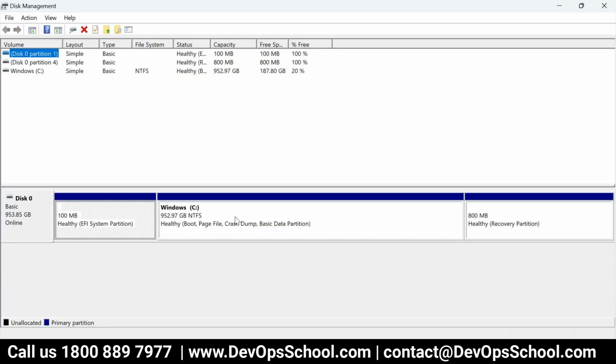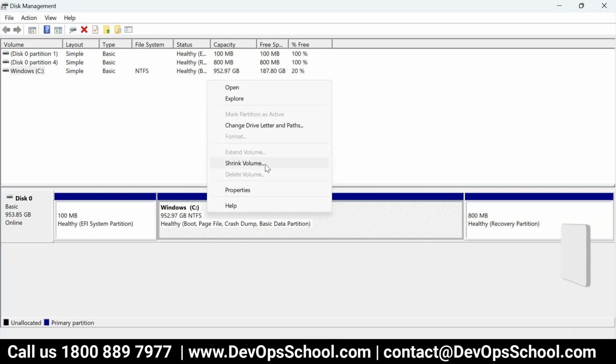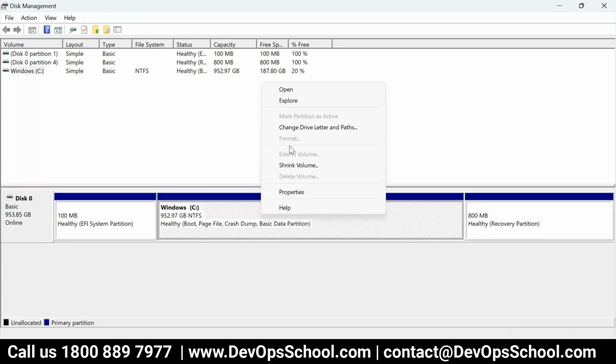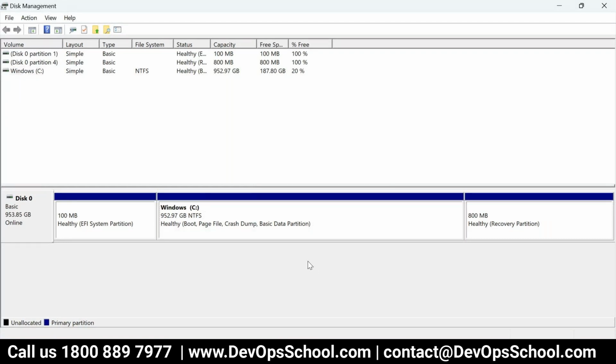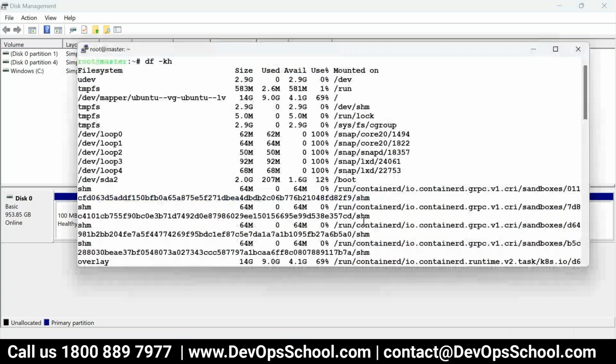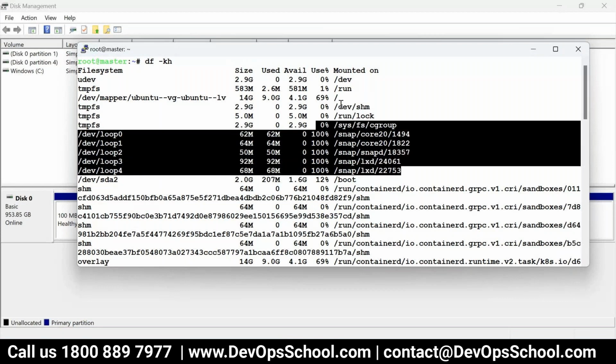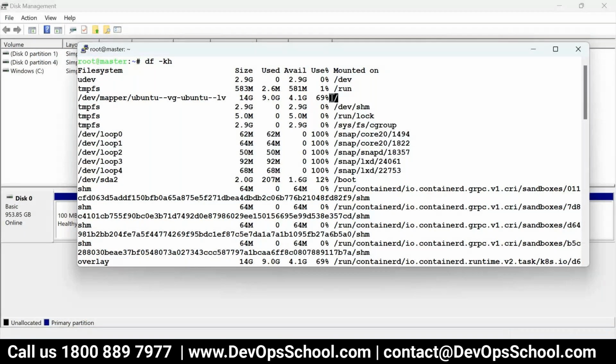So here I have only one disk. I don't have an extra disk, but you can select here, say format, and make it mount to a D drive or something. The same way you can do it in Linux also. We have a path. Actually, this is a path. At this path, you can access this 50 MB. These are the system ones you don't need to access. But let's say this is the root path, 9 GB is added, 14 GB is added.